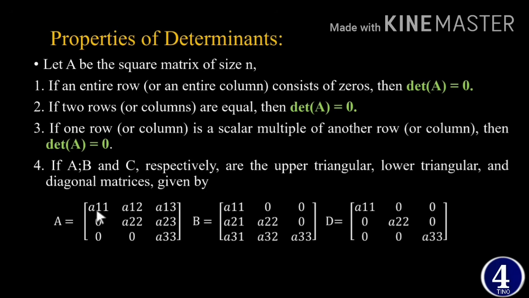Upper triangular means that, whatever the rest is, if all the entries below the diagonal are 0, 0, 0, it is upper triangular. If all the entries above the diagonal are 0, it is lower triangular. And a diagonal matrix means that if all the entries outside the diagonal are 0, it is called a diagonal matrix. So the determinant of A, the determinant of B, and the determinant of C,